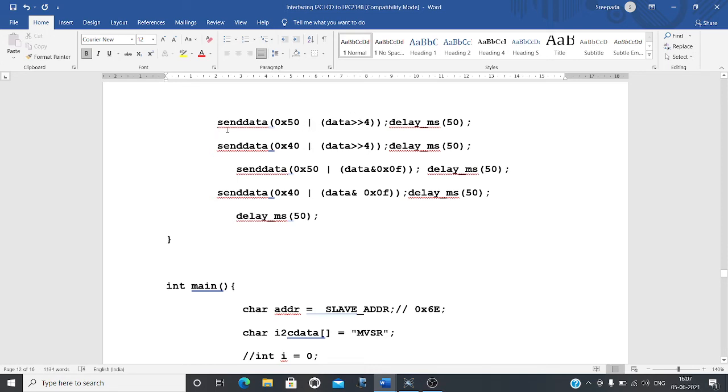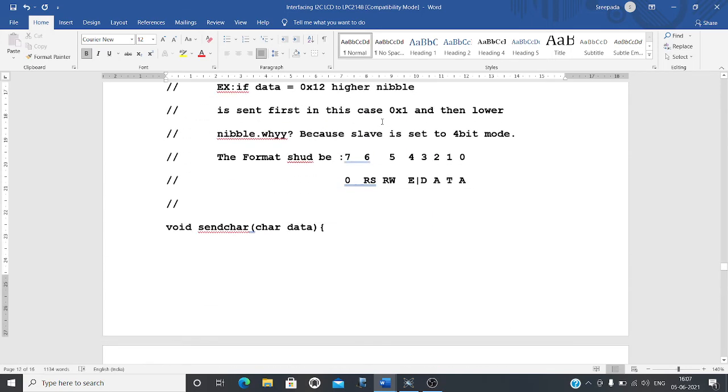By this first instruction you are shifting the highest 4 bits of the data to the lowest position, and doing an OR operation with this number. 5 stands for 01010000. 0101 corresponds to control information, see here: RS is 1, RW is 0, and enable is 1.